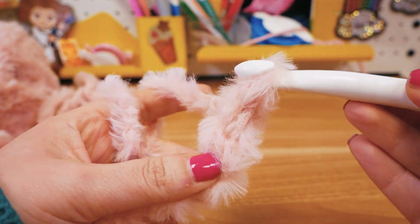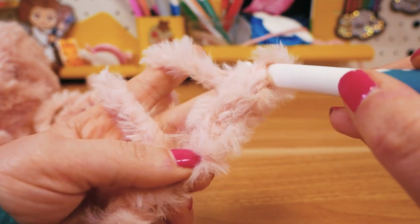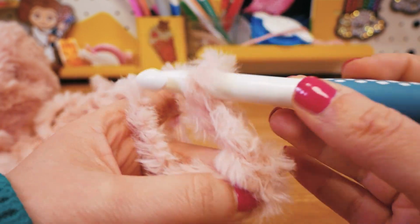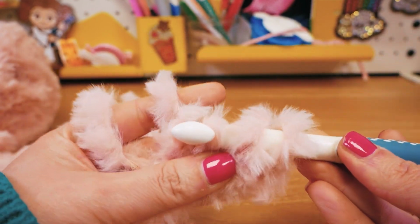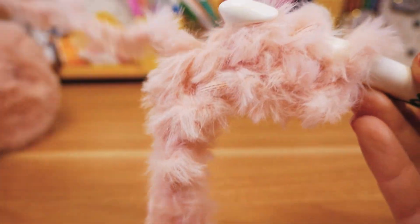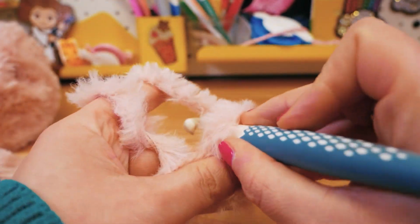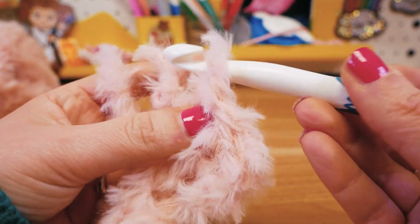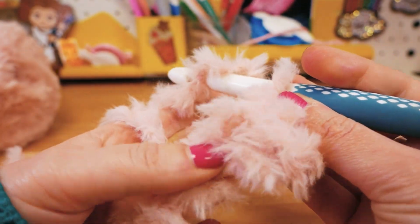Then I'm going to add 2 for height. And then I'm going to go backwards and do half double crochets. So I go back here, pull it through. Now I have 3 on the hook. As you can see, it's super fluffy, super cozy. And then I pull the thread through all 3. Then here is the next